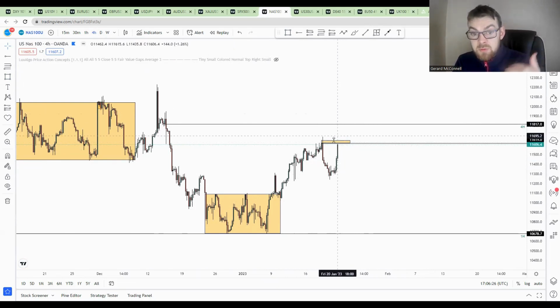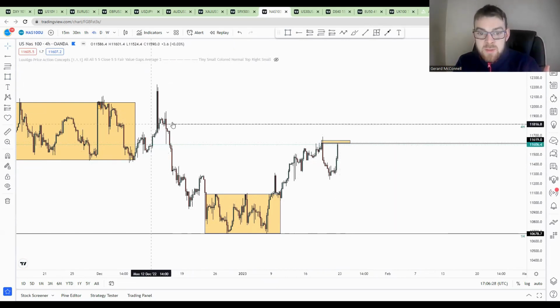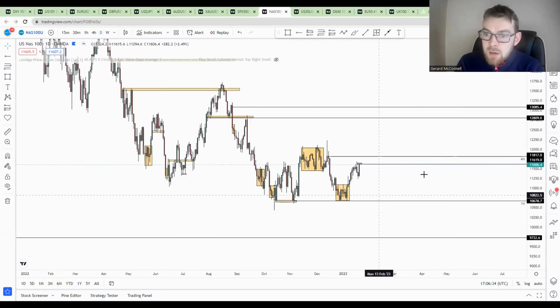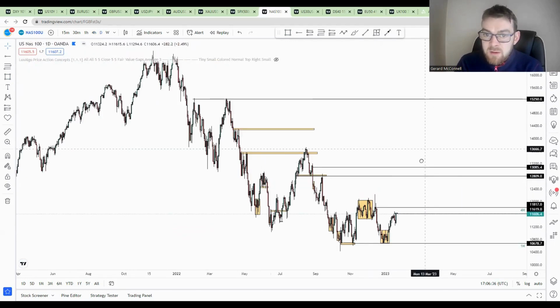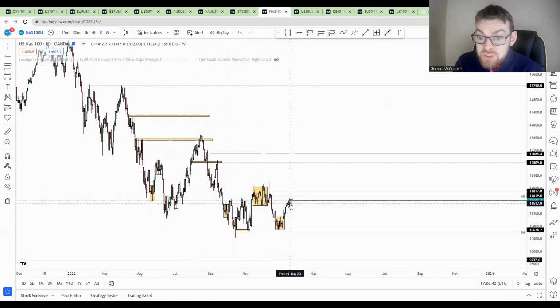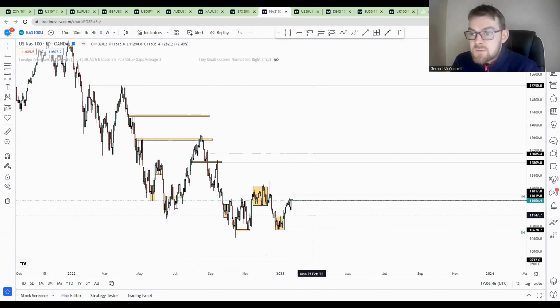If we're getting a closure above that, then you're probably going to see sentiment coming for this liquidity area up here. I think that's really what's important. If you look at the broader markets on the higher time frame, Nasdaq has had a very clear decline through 2022. But the weaker dollar play would potentially allow for bullish indices. We're seeing the moves already this week in the crypto markets, and we're starting to see the leveling out in the yields, which we'll look at in a second.